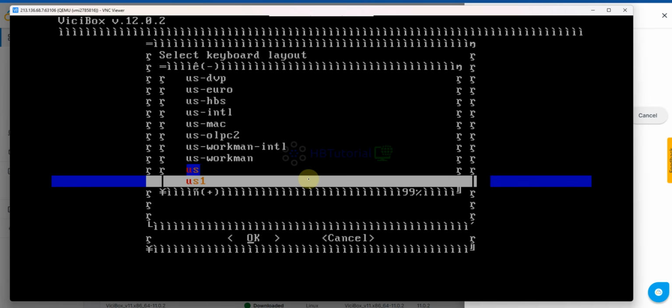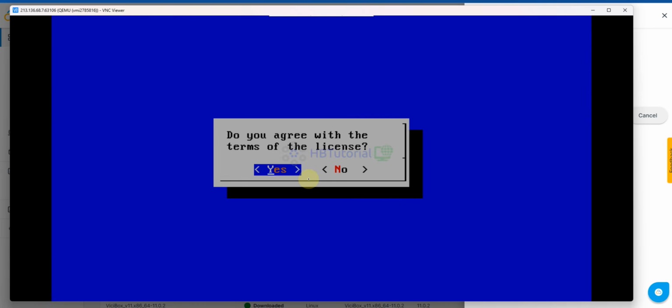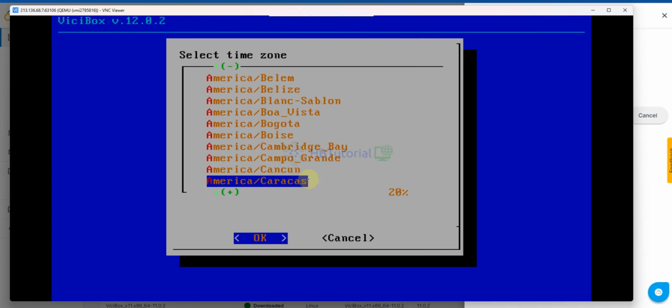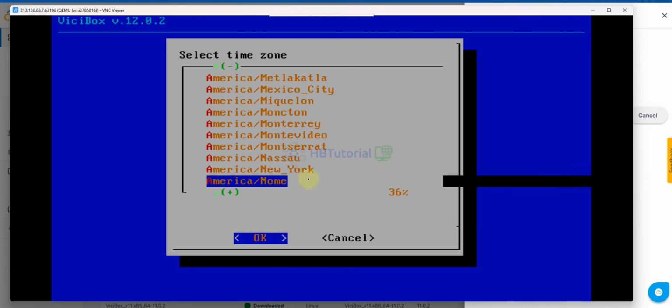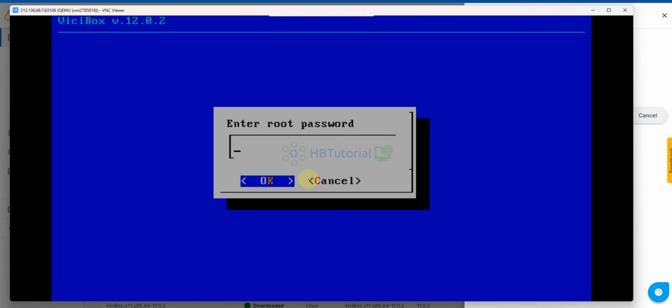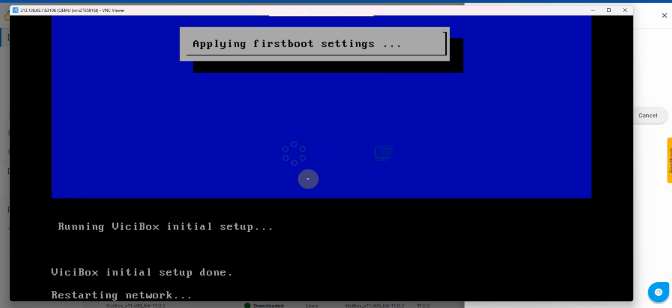Keyboard layout, US. License agreement, agree, yes. Check your time zone always. I will use the American New York time zone. And then set your password, so don't forget this one. Restarting the network.